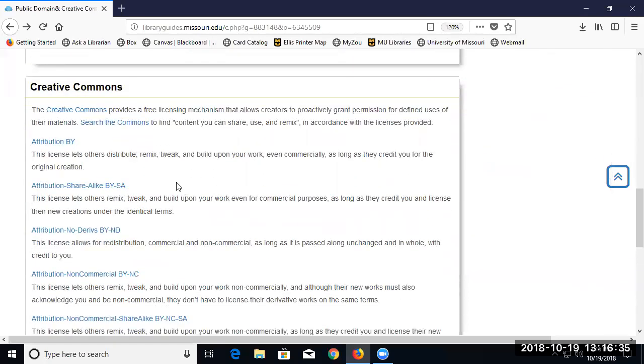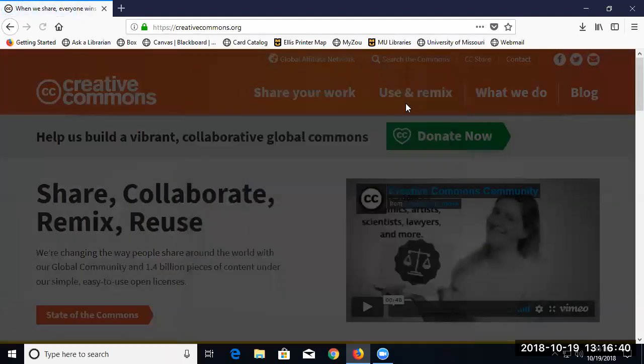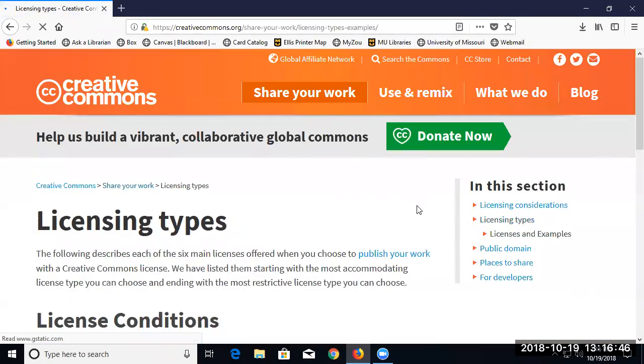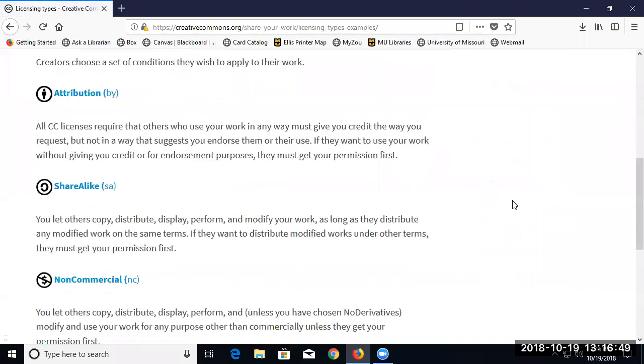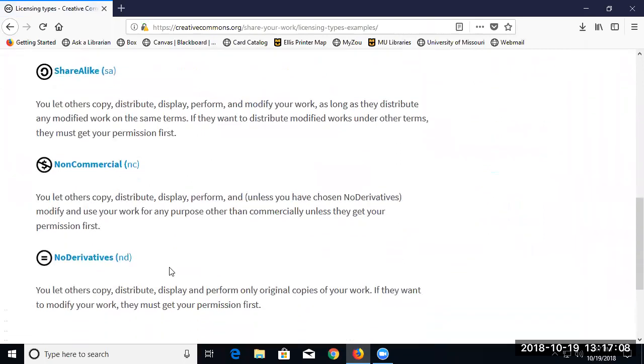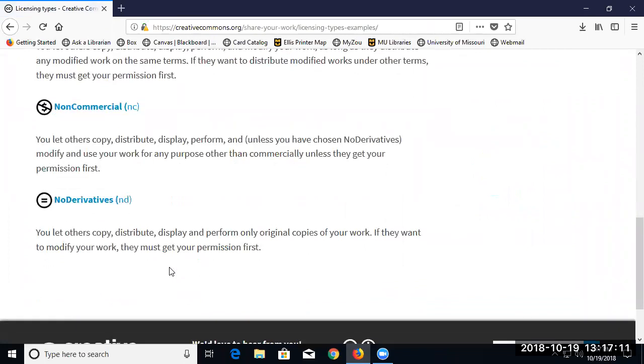And then here's a section on Creative Commons. You can go into Creative Commons, and I want to show you what the different licenses look like. These are the different license types. You can see they've got different symbols. Some are glad for you to use it in whatever way, as long as you correctly attribute it to the author who first created it. Some are glad for you to use their stuff to make new things, as long as you extend that same right to others. Some are for a non-commercial purpose. Some will let you use the original, but they don't want you to alter it in any way to make a derivative work. So you'll see these different license symbols.